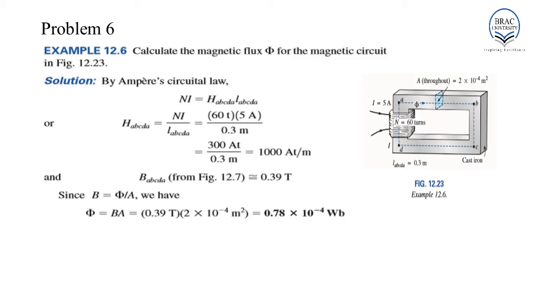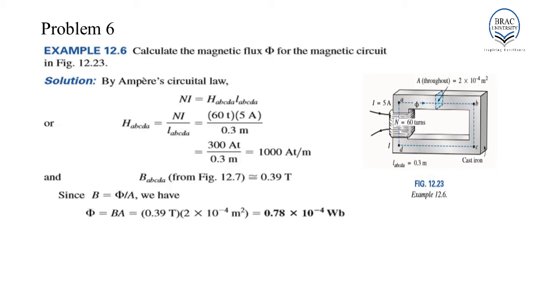Problem 6. Calculate the magnetic flux phi for the magnetic circuit. In this case, I, N, area of cross section and length are given. We need to determine the magnetic flux phi. By Ampere's circuital law, we can easily determine the value of H, which will be equal to 1000 ampere turns